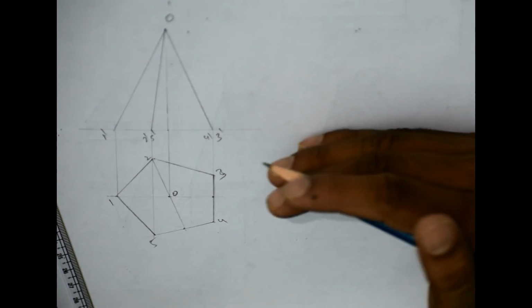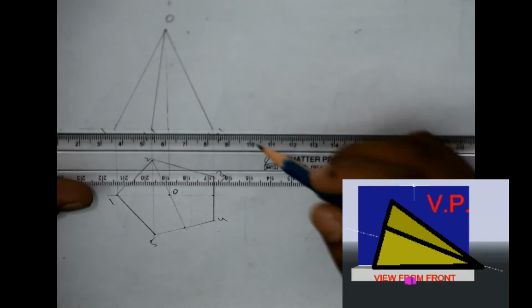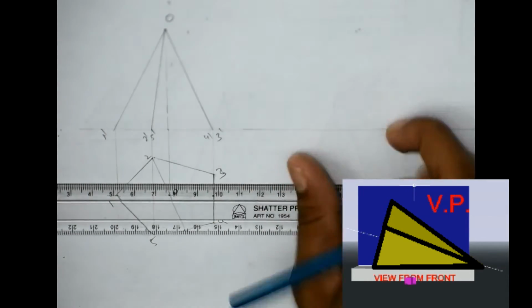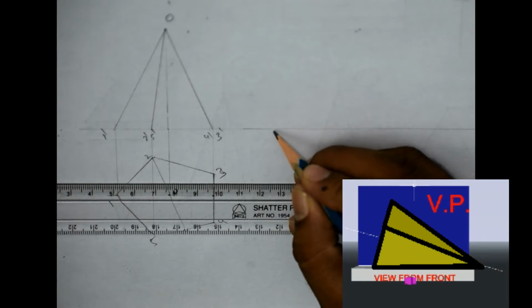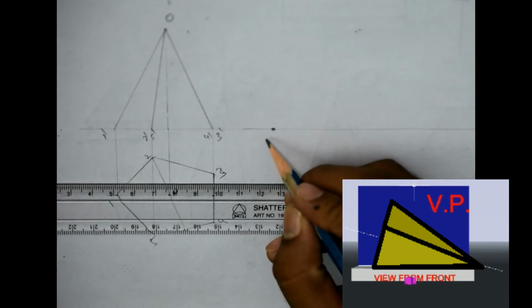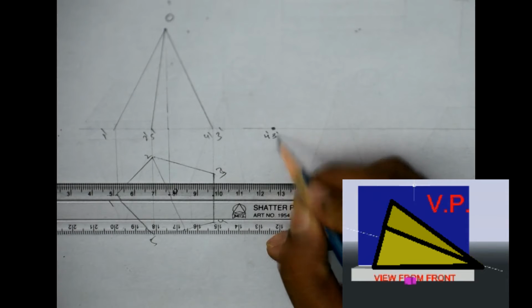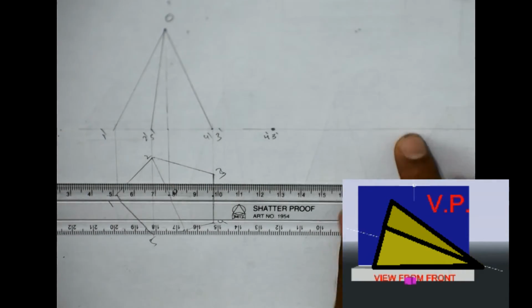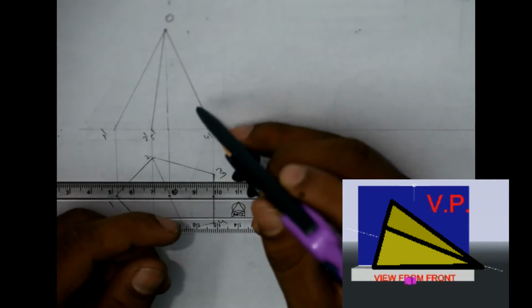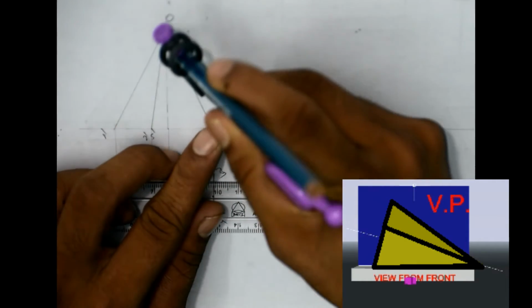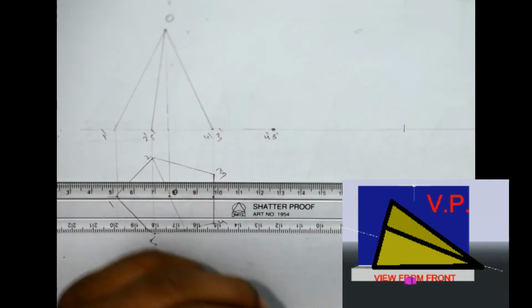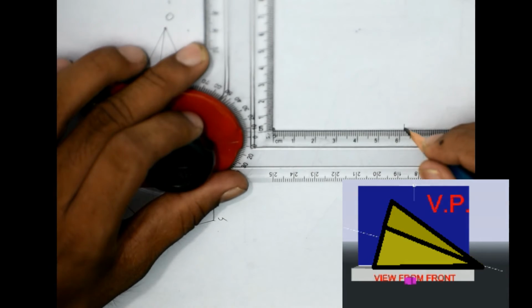But it's mentioned that this is lying on the horizontal plane, as we have already seen. So I need to tilt this object here. For that reason, I need to take one point from where I am going to start this figure. This point I am marking as 4 dash and 3 dash. Why? Because this point is here now, and this O point will also lie on this line. For this, it's very easy. Just measure this length. I don't know how much length this is, but I'll just mark it, and I will darken this line.